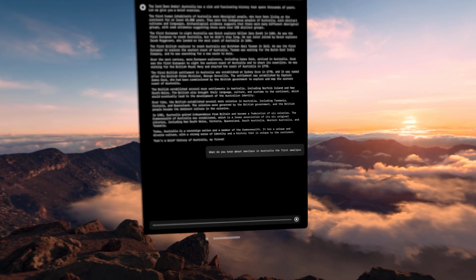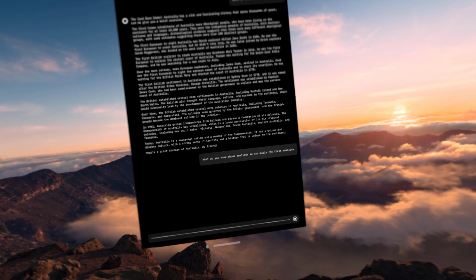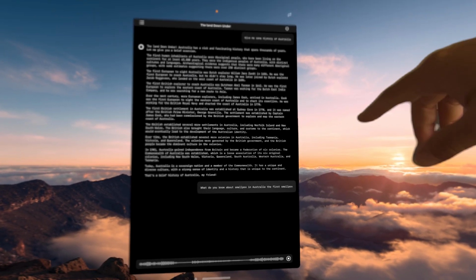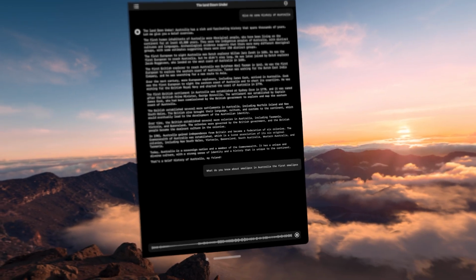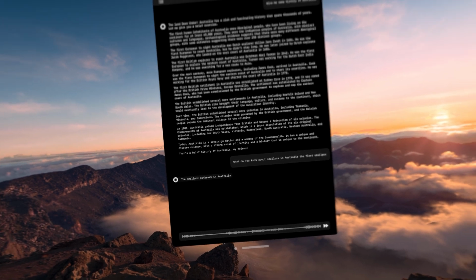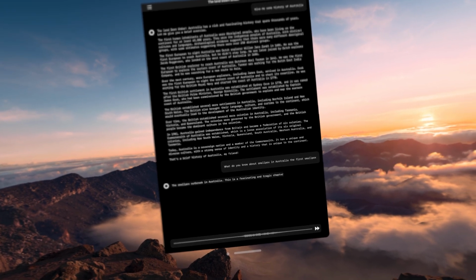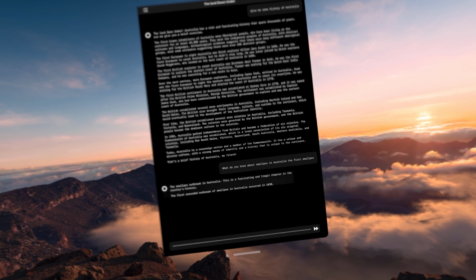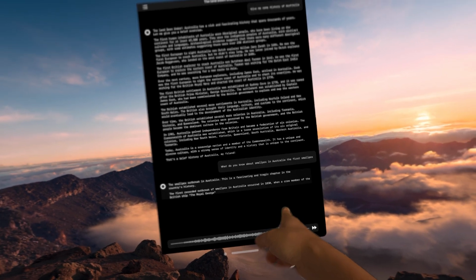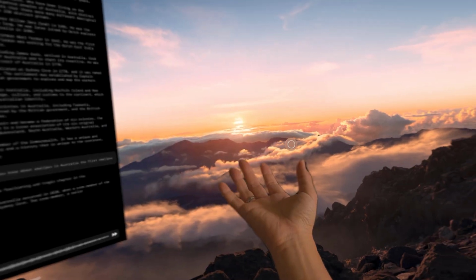Kingdom Hearts, it knows Kingdom Hearts. Simple and Clean is the soundtrack for that video game. And then, yeah, pretty interesting. It's like an encyclopedia, but it's not 100% accurate. So at least you can chat with the AI offline, which is also pretty interesting.